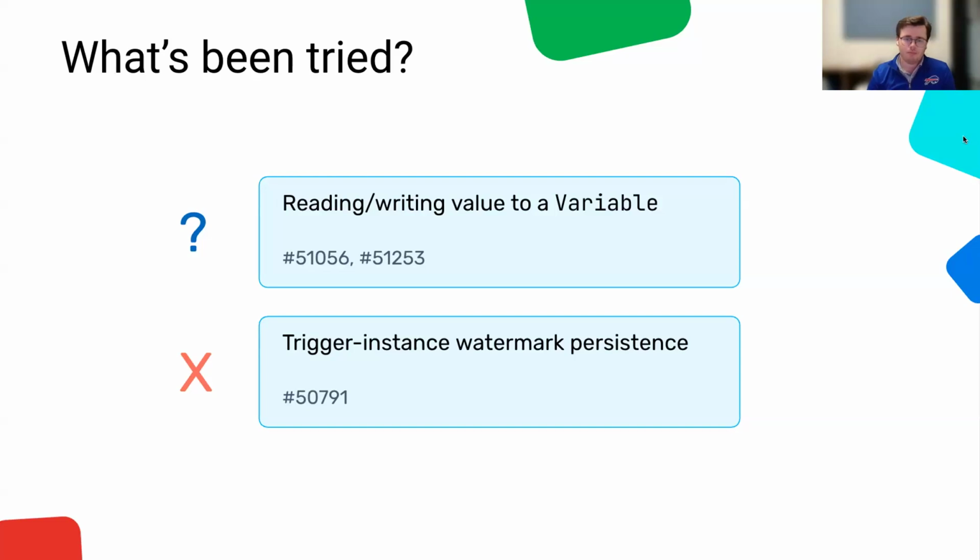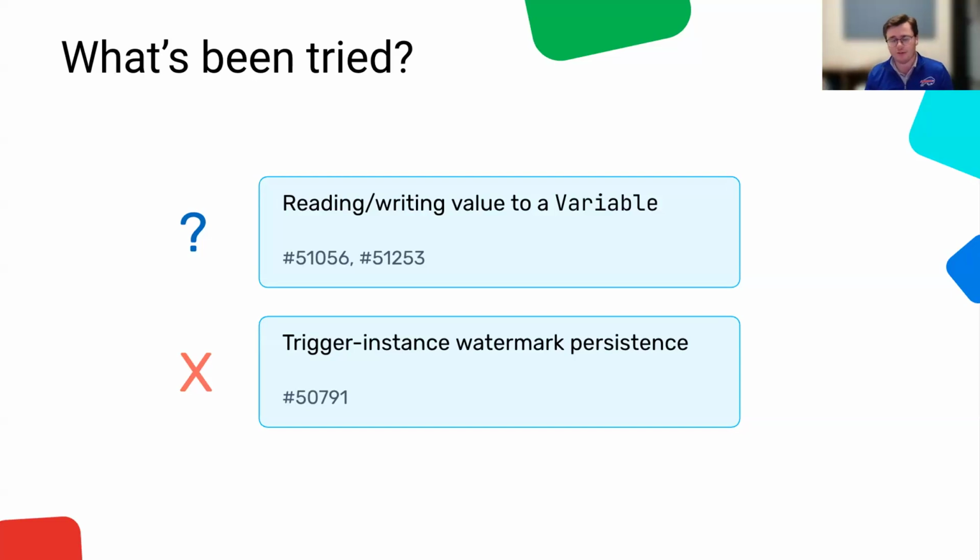And then this next pull request is actually one that I wrote, which spawned this AIP. So I wanted to write a trigger that said, hey, if a new file lands in S3, go ahead and yield a trigger event. And I tried to do that by persisting a last updated field in the class itself, at the trigger instance.